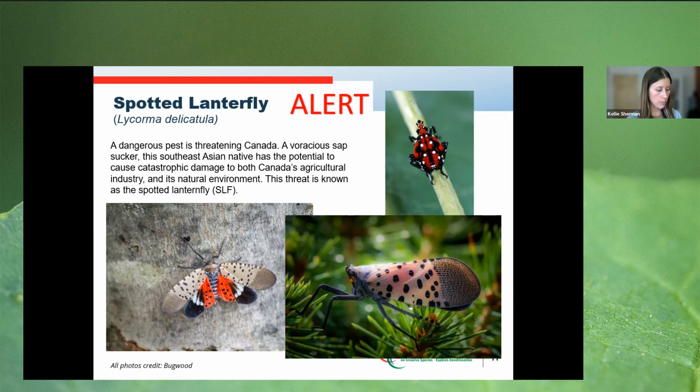If it is found here, potential domestic vectors for spotted lanternflies include things like, again, firewood, vehicles, etc. Human-aided movement can occur with any life stage, but is particular for egg masses, similar to Spongy Moth, which I'll also talk about. Egg masses are really difficult to spot, and they can stick to things like patio furniture and canoes. So it's transported easily once it's here,